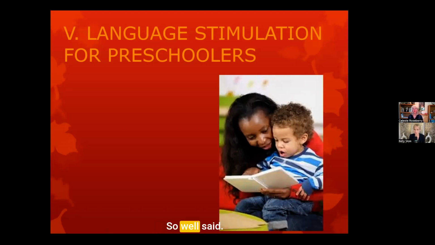Kelly, thank you. So well said. And one of the big things, I work in a very, very low income area. A lot of my parents don't speak English, and poverty is a big issue. What I tell them is if you even look at a book with a child and talk about the pictures in Bulgarian, Spanish, Hmong, that's just as good as reading. And they really love hearing that because they feel very inadequate about their literacy skills.